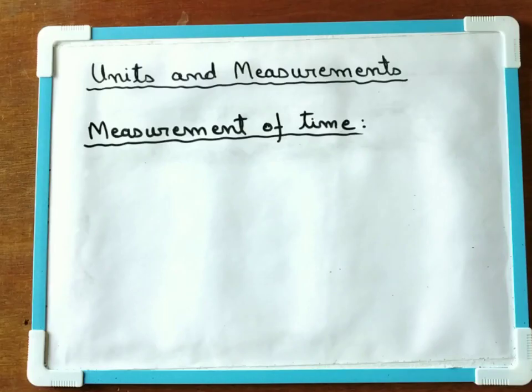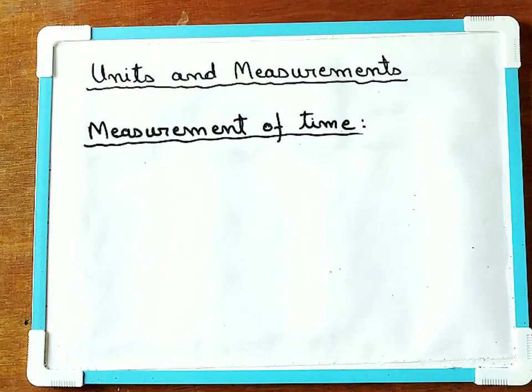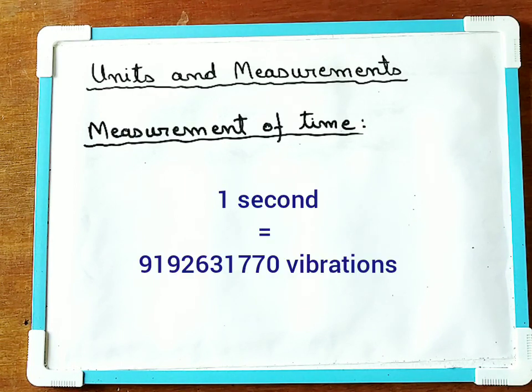Now there's another clock which we use to measure time, and this is known as the atomic clock, or the cesium clock. Just like in the pendulum clock the second is taken to be one vibration of the pendulum, similarly for this atomic clock, the second is taken as the time needed for